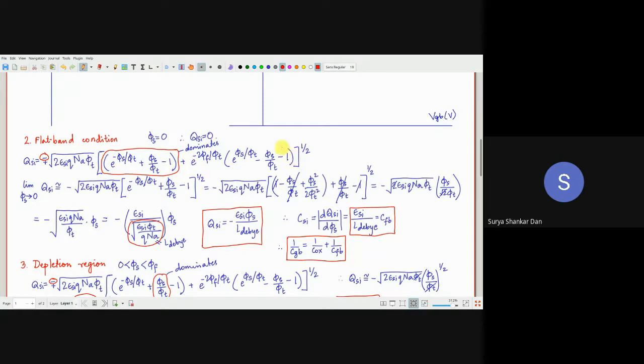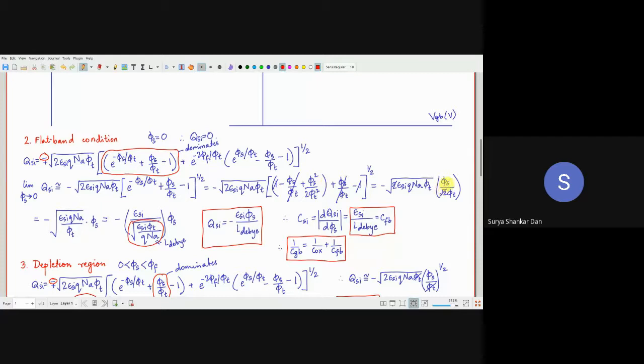This is the inversion part. We'll again see later. So if this part dominates, what we understand is that if phi s is tending towards 0, then this is going to be very small. So we can apply Taylor's expansion, and e to the power of minus phi s by phi t we have essentially expanded in Taylor series for the first 3 terms, because as you notice, the next term will essentially go into phi s cube by 6 phi t whole cube. So phi s is anyway, in the limiting case, very close to 0. Then the other terms we can ignore. So you notice that this 1 cancels, minus phi s by phi t and plus phi s by phi t cancel. So you're left with this.